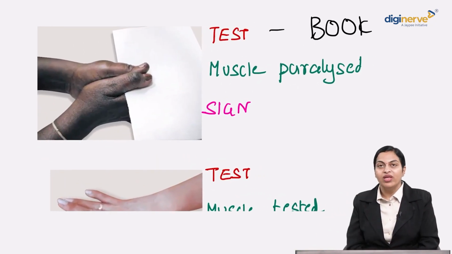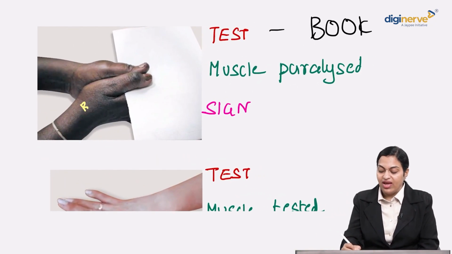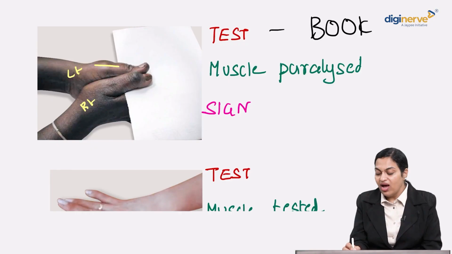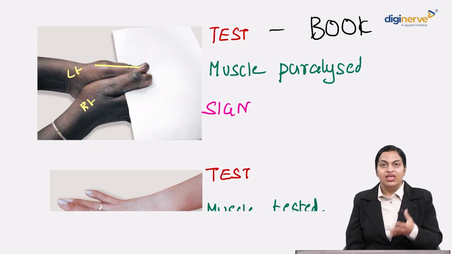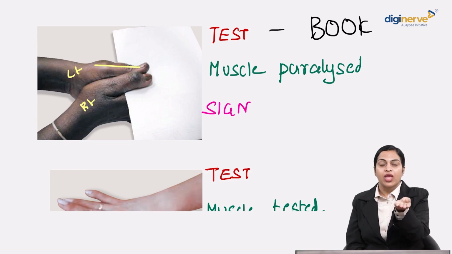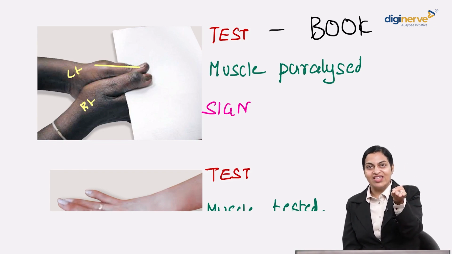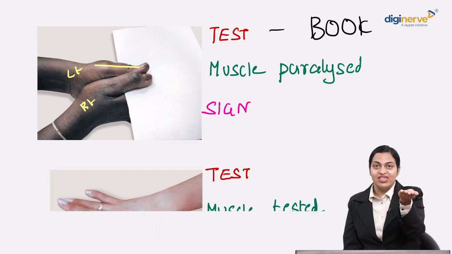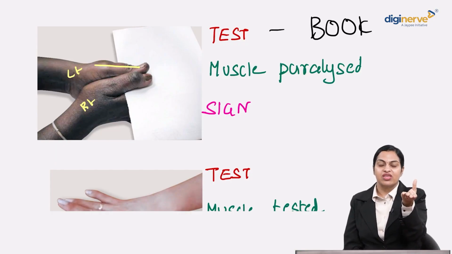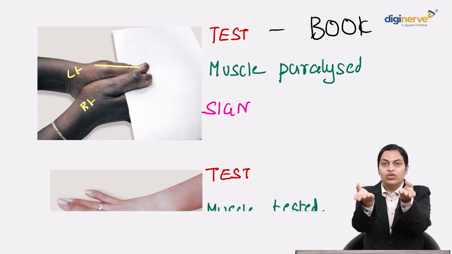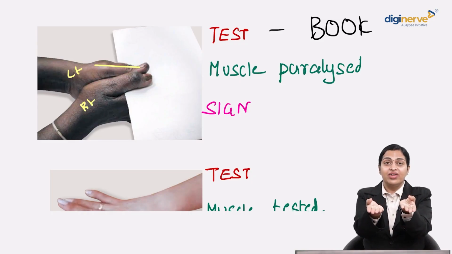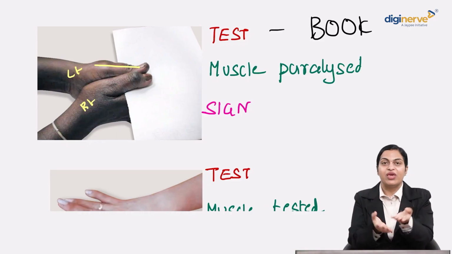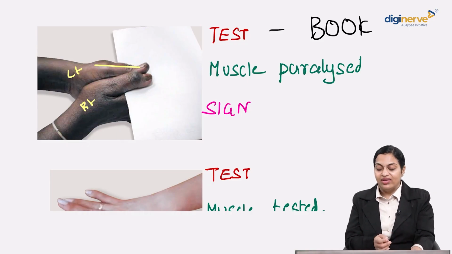Do you think it's normal or abnormal? This is the right hand, this is the left hand, isn't it? So here, if the adductor pollicis is intact, he will be able to hold it normally. Do you remember the movements of the thumb? Flexion, extension, adduction, where you bring the thumb close to the other digits. And this is abduction. So when you try to hold a book, you hold it like this. If the adductor pollicis is intact, as in this patient's left hand,